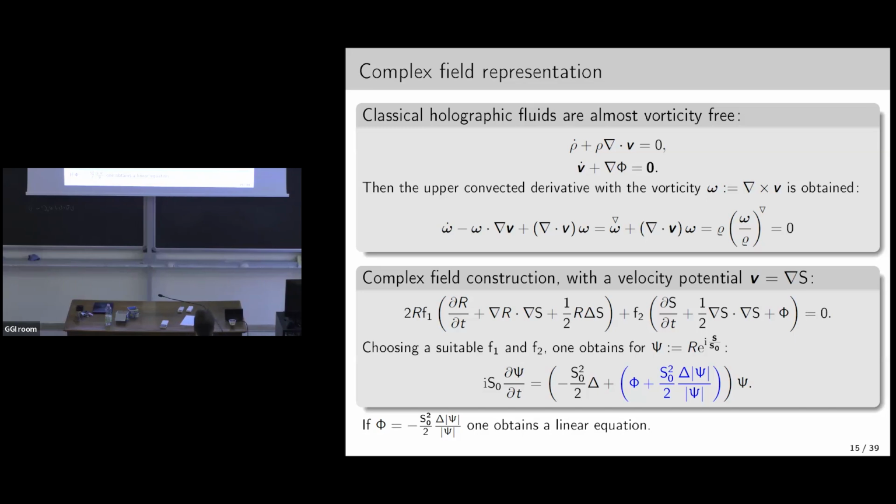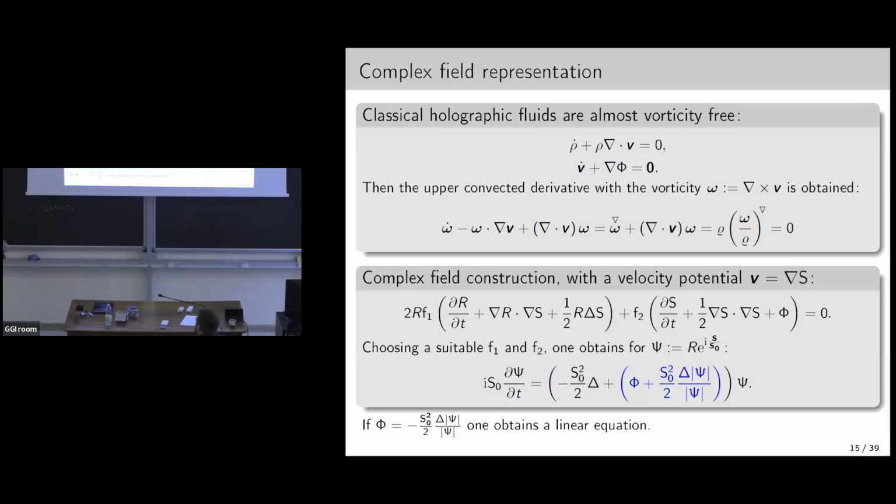And actually, the vorticity is almost constant. More properly, this equation is valid, but this is a particular co-moving derivative of the vorticity. It's called the upper convective derivative. So if vorticity is 0, of course, there is a